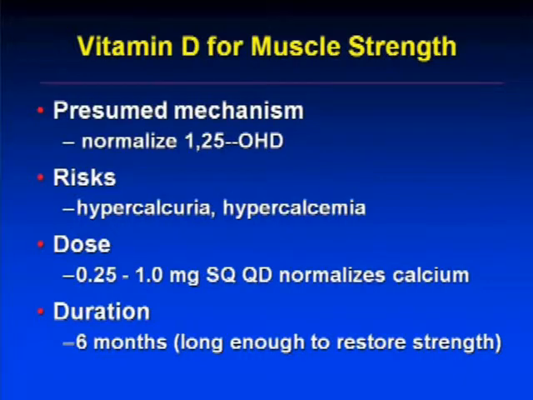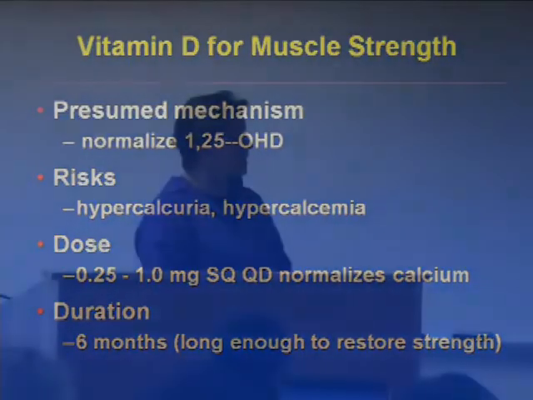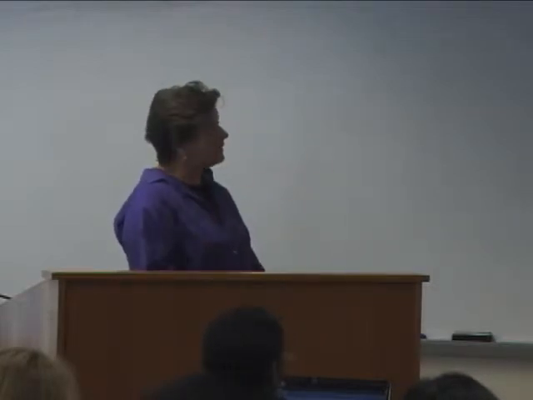So why is that? And the thinking was that, well, maybe it's because kidney function also declines with aging. And vitamin D is metabolized to the active form of D, 125D, in the kidneys. So maybe these people are mildly vitamin 125D deficient. People who are really 125D deficient have rickets, and people with rickets are weak. Okay? And you can fix them with vitamin D. So that was the simple thinking behind this.